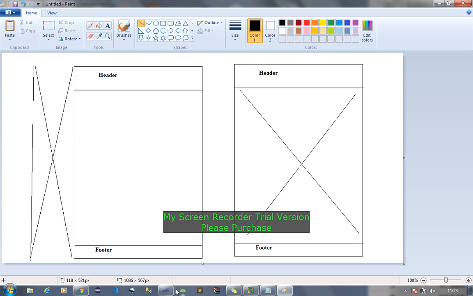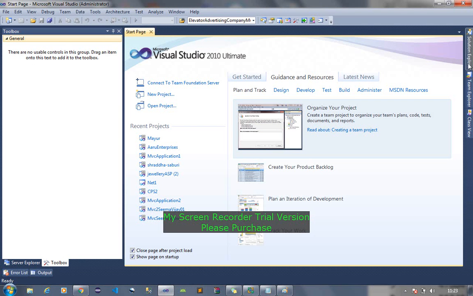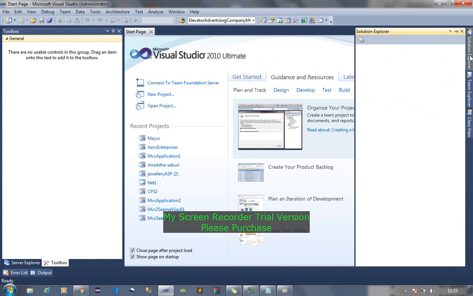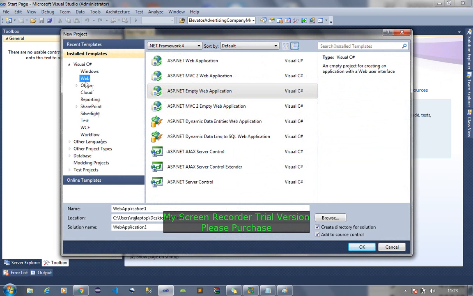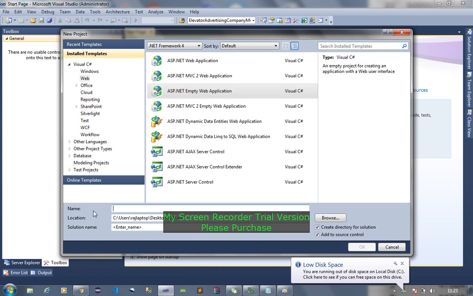First of all, we'll be referring to our own sample example. From File, we choose New Project. I'll be starting with an empty project. Under Web, I'll choose web application, that is an empty application, and I'll write my project name as Raj Computers.